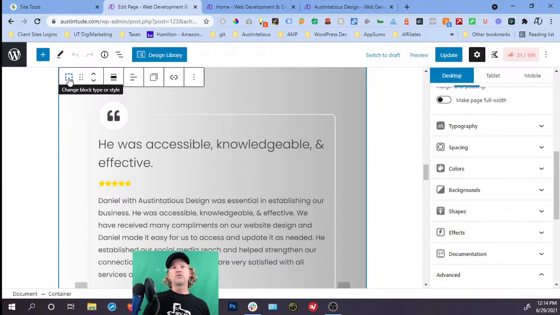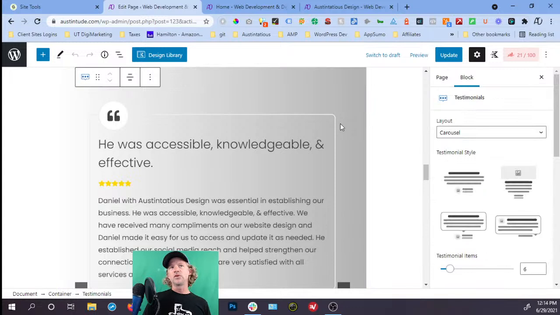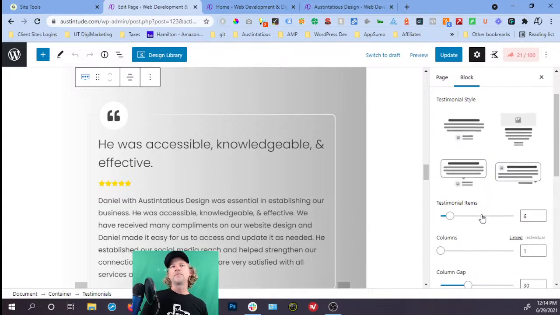Okay, the GenerateBlocks container gives me the functionality that I need and the controls over here in the editor for background color. You see how it has a gradient background there. Couldn't do that if I hadn't put it in a GenerateBlocks container. Now the Cadence blocks have similar but different kinds of controls within the editor. But anyway,